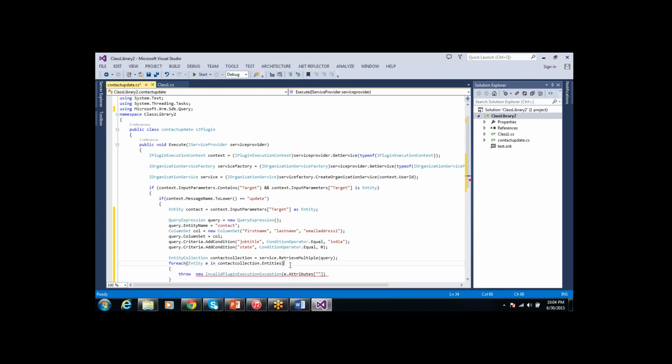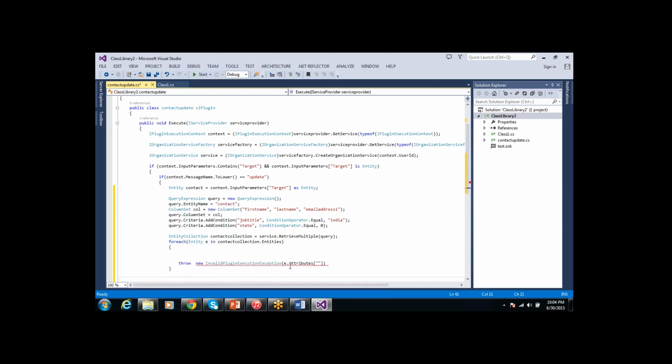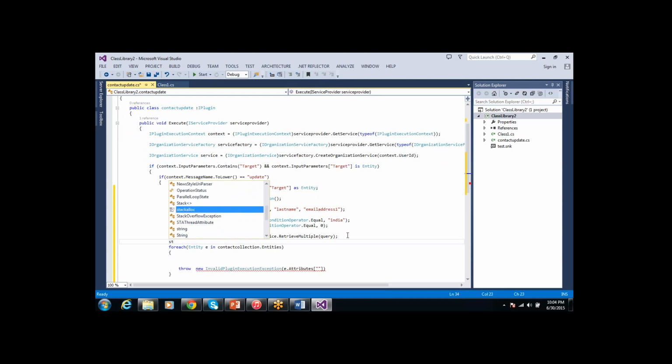I will put it in a string, so I'm taking one variable, string str.